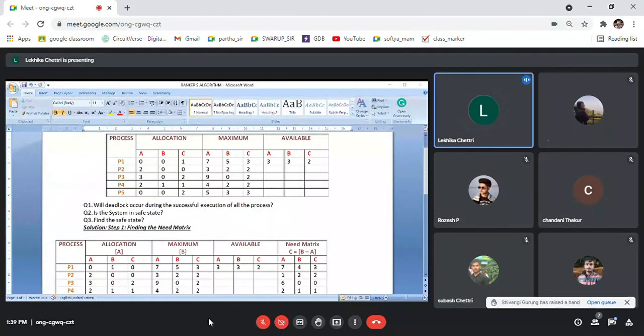Okay, so this is the end of syllabus. We have completed the syllabus of your operating system. If you have the syllabus with you, good. If you don't have it, you can download it from the university's website. You can check the syllabus of your operating system. We have covered each and every topic. No topic has been left out, every topic is covered, and the numerical of every topic has been solved as much as possible. Okay, so with this I declare the end of classes for operating system for this semester.